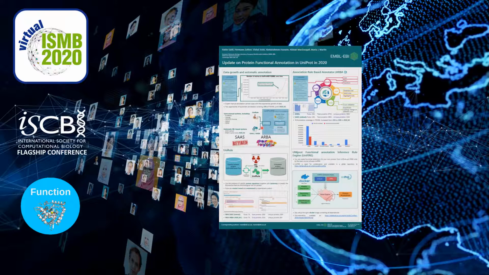It has two approaches: the semi-automatic approach and the fully automatic approach. The semi-automatic approach is called UniRule, and it's an ensemble of 5 systems from the different sites of the UniProt consortium. The fully automatic approach is based on machine learning. Our first system was called SAS, Statistical Automatic Annotation System, which will retire in the next public release 2020-04 to be replaced by ARBA.